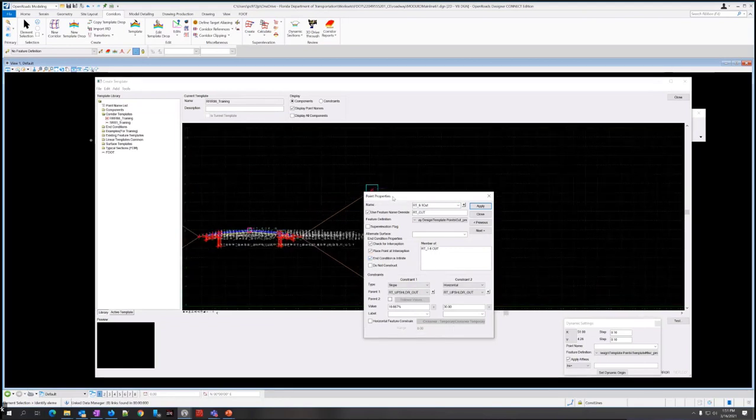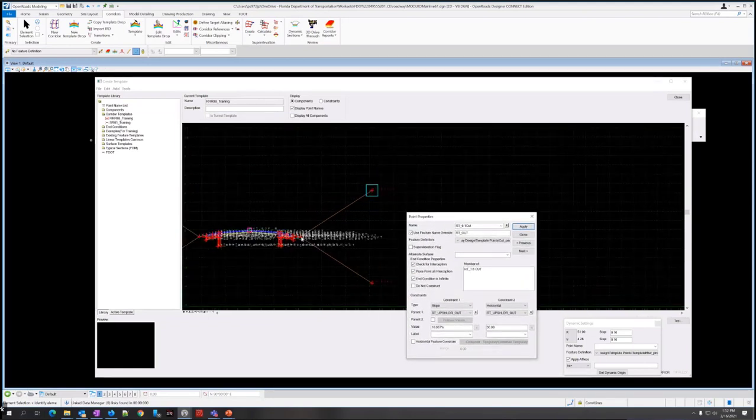So what this does, an in condition will only look from here to wherever this is constrained if you don't have it checked. By checking in condition infinite, it'll keep looking until it finds. So the in condition is typically looking for a surface. In this case, it's what it's looking for, existing ground surface.